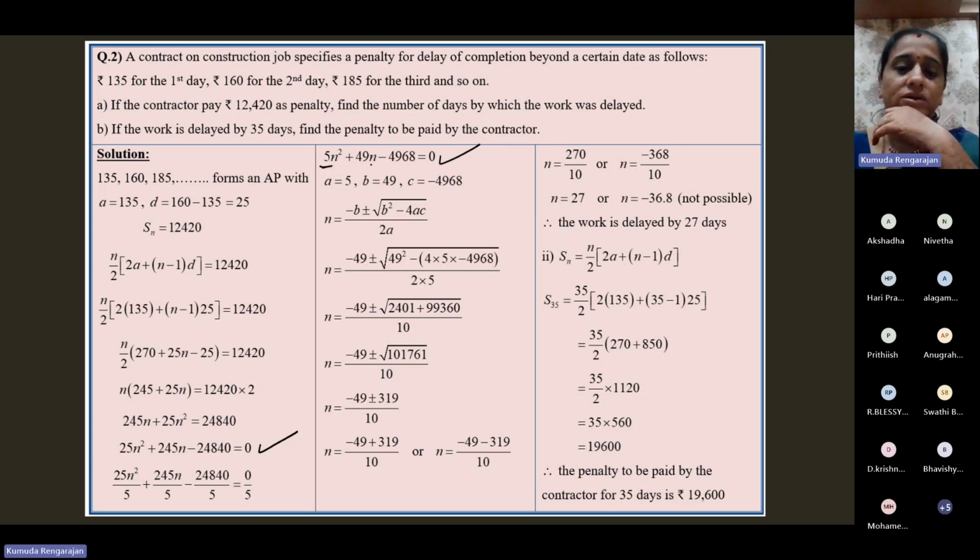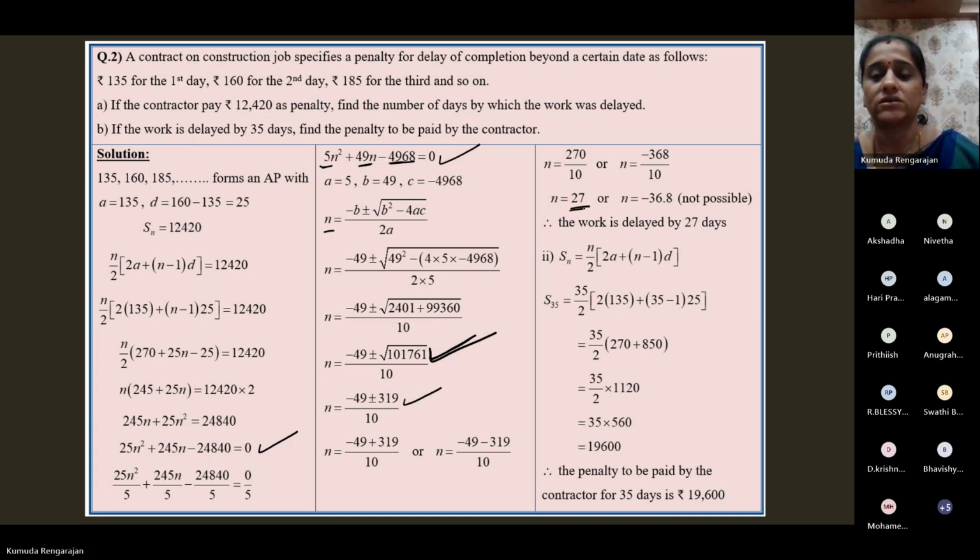So you can use the quadratic formula. A is 5, B is 49, C is minus 4968. And you know, n is given by minus b plus or minus root of b square minus 4ac by 2a. So put the values for a, b, and c. Now here you should know how to find the square root using the long division method of this number. And the square root of this number is 319. So the two values for n are 27